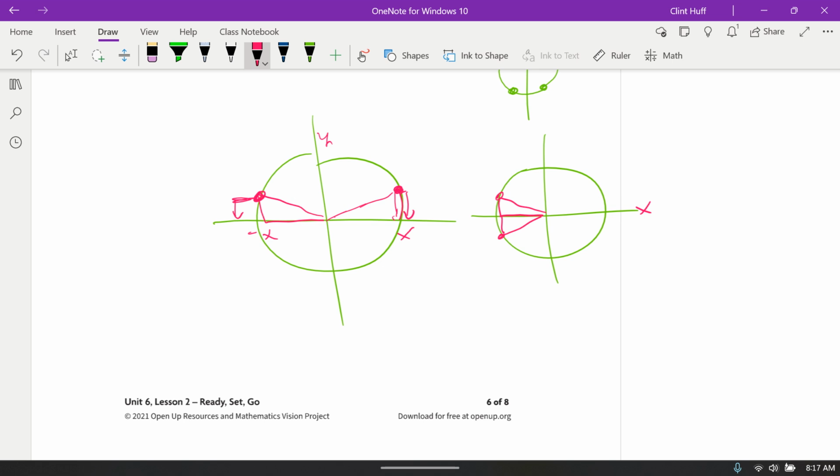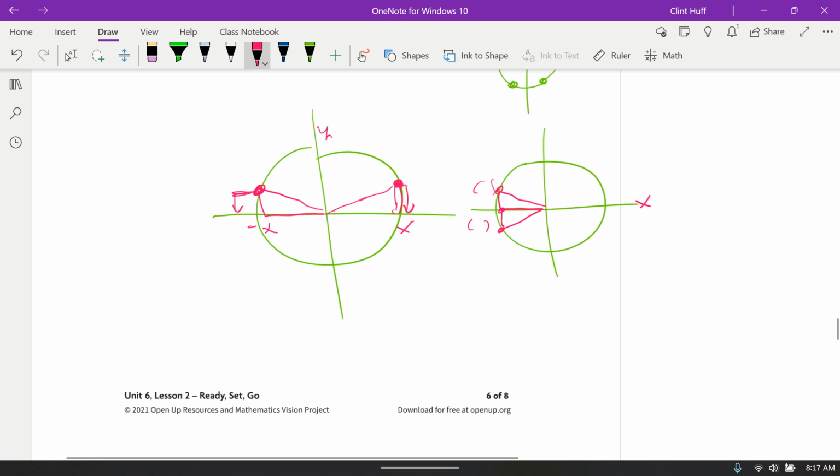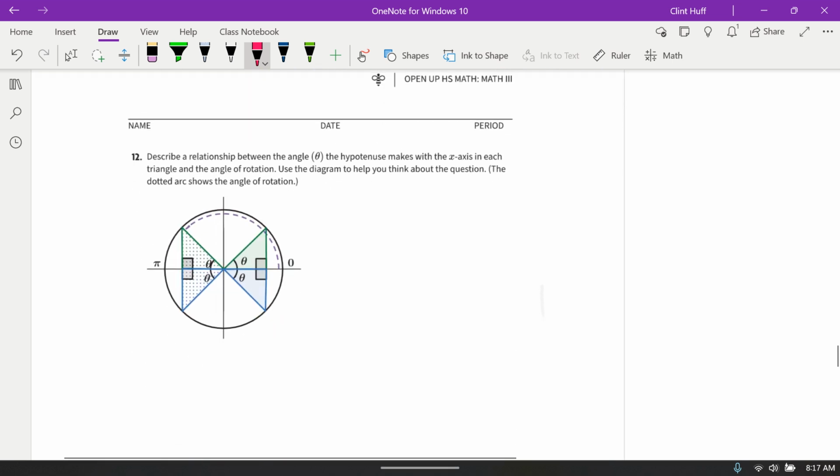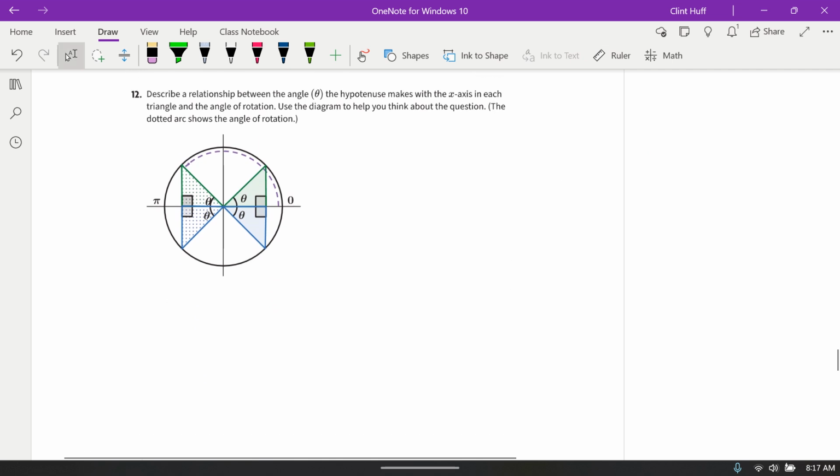So these would have the same x values, right? These 2 points would have the same x values, but their y values would be what? Probably opposites, right? Think about that. All right, so in this one here, number 12, if we establish that all these triangles are congruent right triangles,